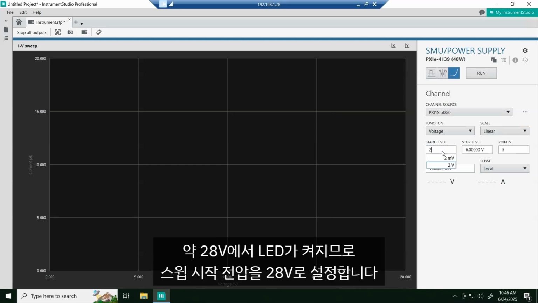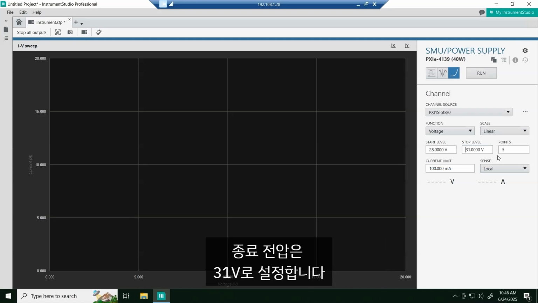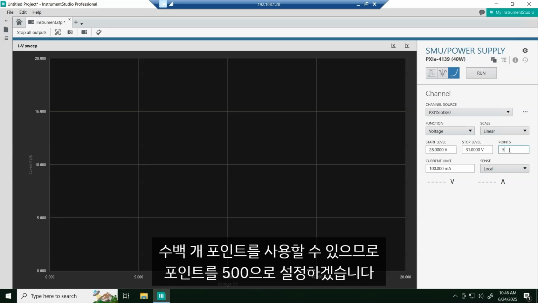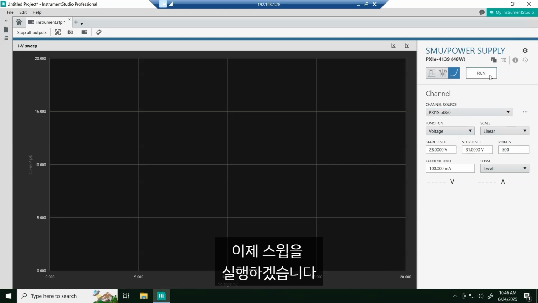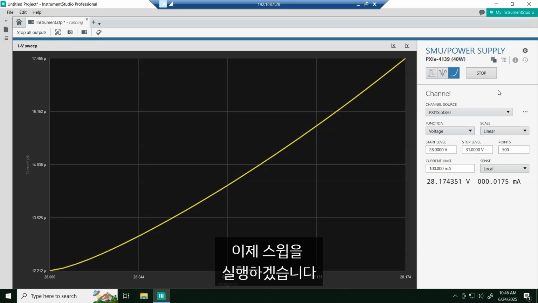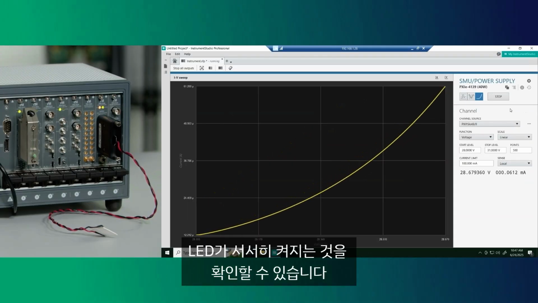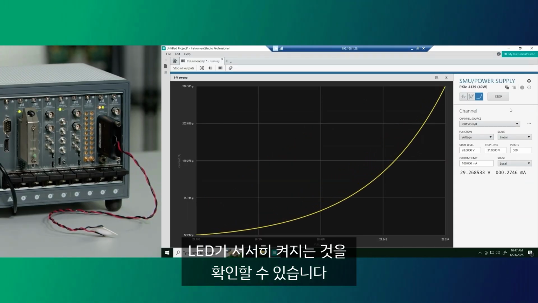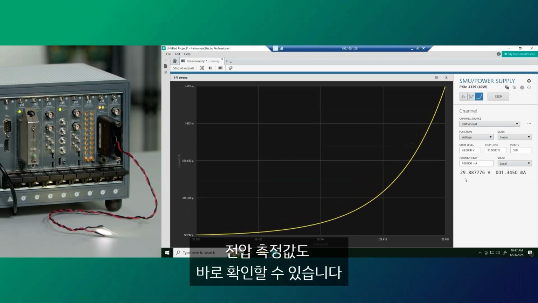We'll start at 28 volts for our sweep because that's about when it turns on. And then we'll go up to 31 volts. Then, like I said, we can run through hundreds of points. So we'll go ahead and set that to 500. Then we'll go ahead and run our sweep. And you'll see that our LED is gradually turning on. And so you'll see that we're also getting our voltage